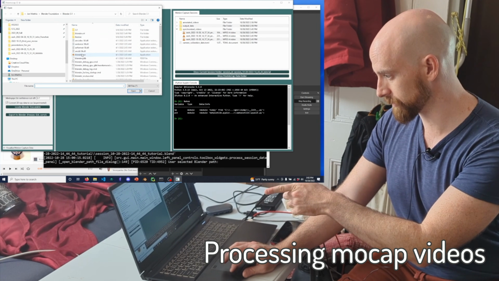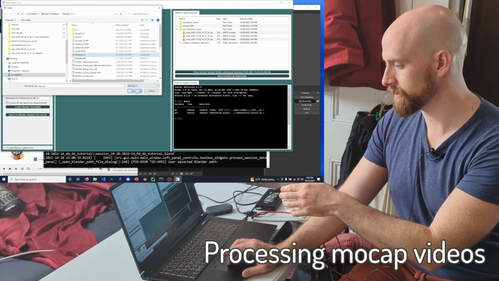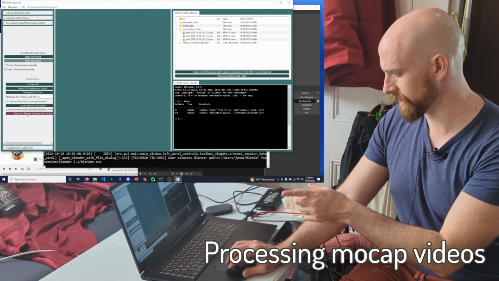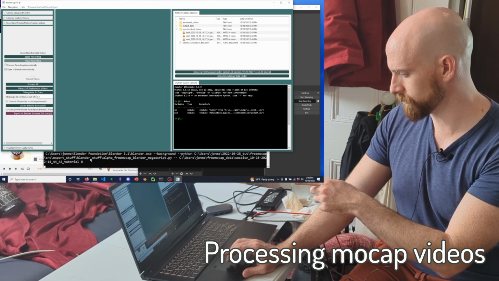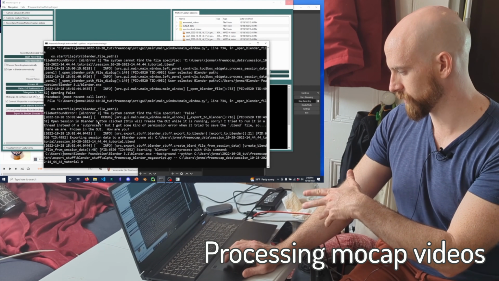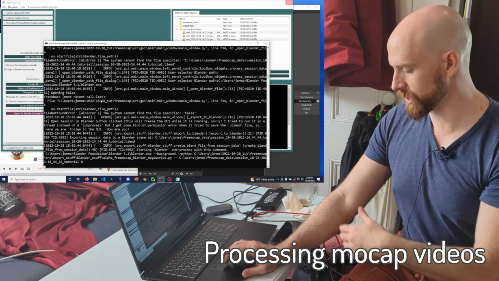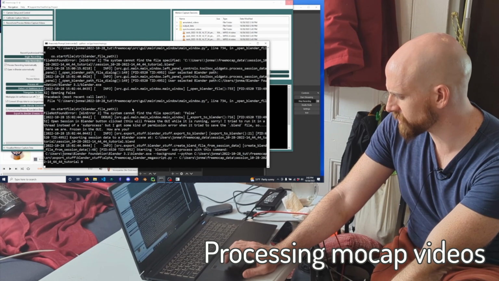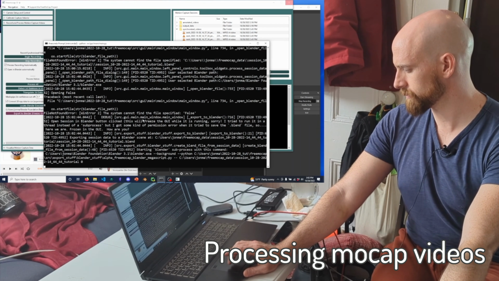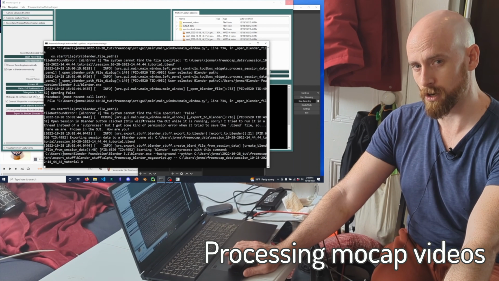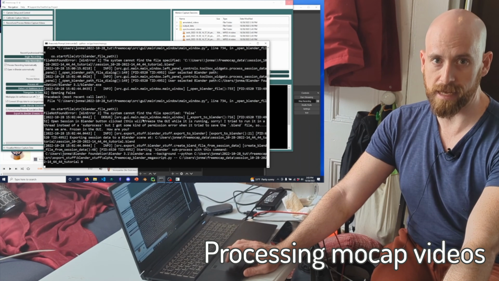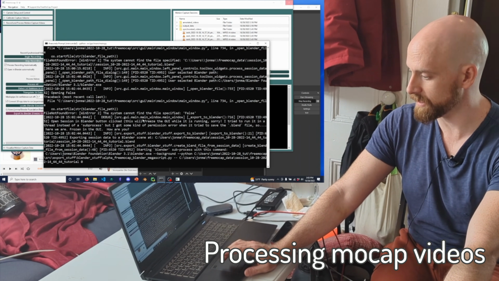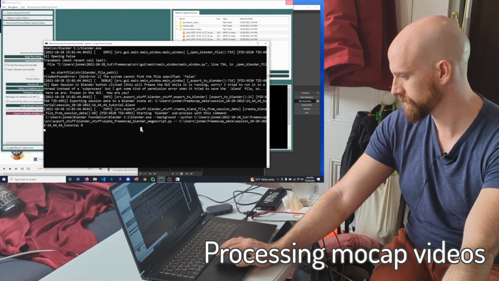For me, it is here, so I'm going to select the blender.exe on Windows, click open. Now it has that. And now I think I can click export to Blender, and it will run through this Blender process to generate a .blend file automatically from the recorded data. I'm just going to make sure that it's starting. I realize it's actually going to take a second because it's kind of a longer recording. But while it is processing that, we can do a little walkthrough of the data that gets produced by a completed recording.